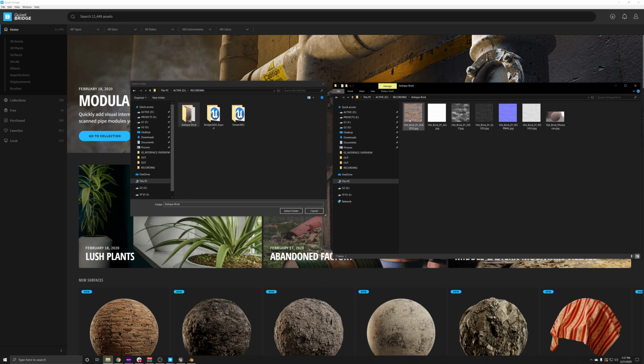Inside this folder are some textures of an asset that I actually photo scanned where I work. This is a brick wall around the building that I work in. I photo scanned this, made it, texturized it, worked on it, and I've got all of the texture maps here that I could want, including a 3D sphere, which we'll get to in just a second.